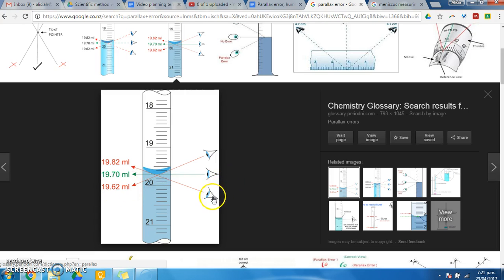A person who is crouching down looking up at the meniscus is going to see it as being 19.82 millilitres, and the person who crouches down and looks at it from exactly eye level is going to see the correct result at 19.7 millilitres. So it's really important to do this whenever reading measurements, and the same thing happens for rulers. If this wasn't a measuring cylinder, if it was a ruler and we were looking at a line on it, you would need to make sure you're doing it from eye level to avoid